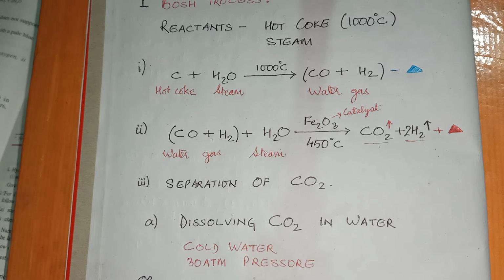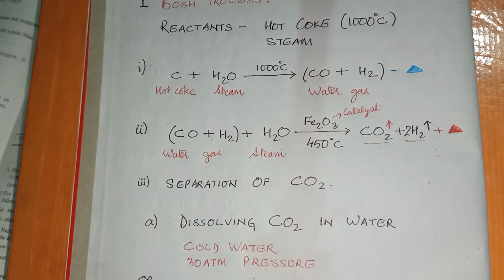more dissolving capacity compared to hydrogen in water. So carbon dioxide will dissolve in water. Very little hydrogen will dissolve in water, but the major portion of the hydrogen gas will leave the water. Thereby the carbon dioxide gets separated from hydrogen gas, and the gas which evolves will be hydrogen. So this is one method by which we can separate carbon dioxide from the mixture and get pure